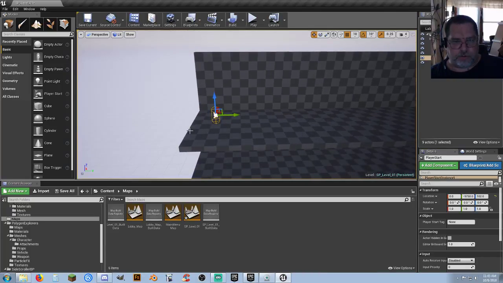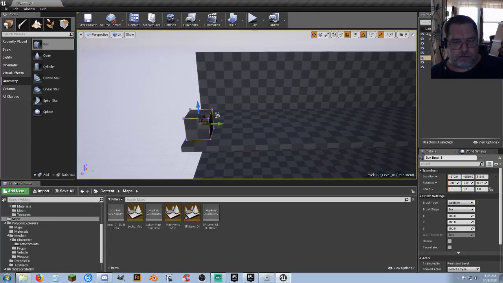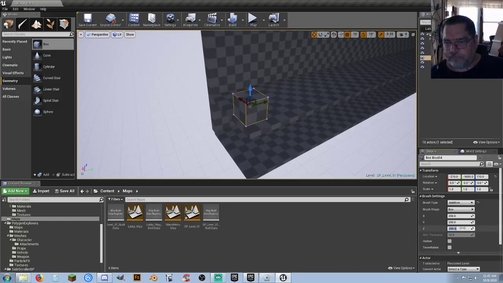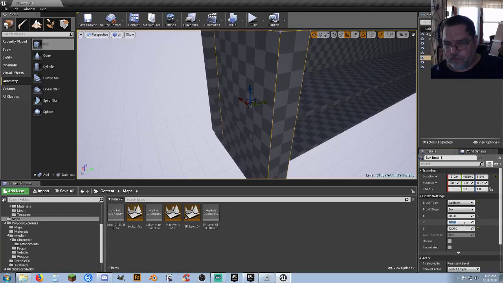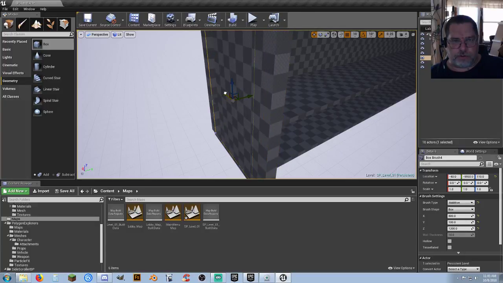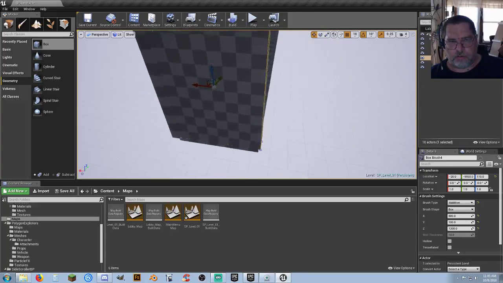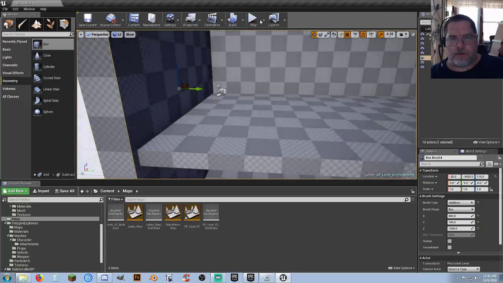We'd also want to put something here, so let's actually go ahead and grab a geometry, and we're going to make this Z height of 1200, same as the other one, and we need to make it 800 on the X and 100 there, and we're just closing off the end of it. So now if we hit play,